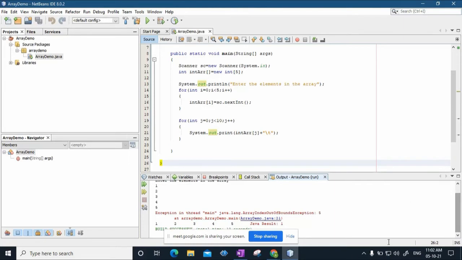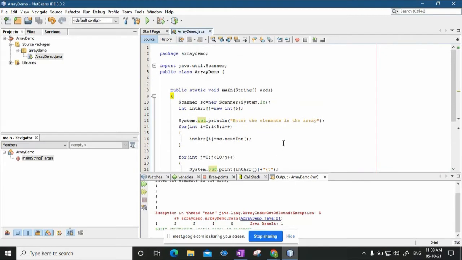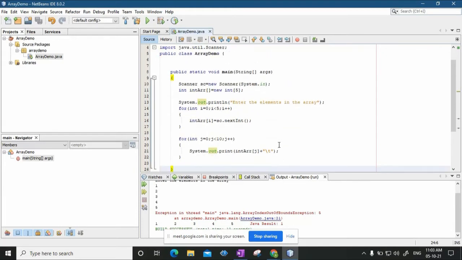Now it also shows you the output. See, 1, 2, 3, 4, 5. The valid index elements are correctly printed. But when j is incremented further and j tries to become 5 or j tries to become 6, at that time it is not going to print the outside bound elements of the array, rather it will create an exception, that is array index out of bound exception. Is it clear? So this is the security of arrays in Java compared to arrays in C++ and C.